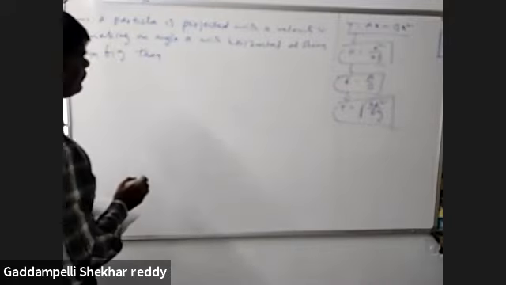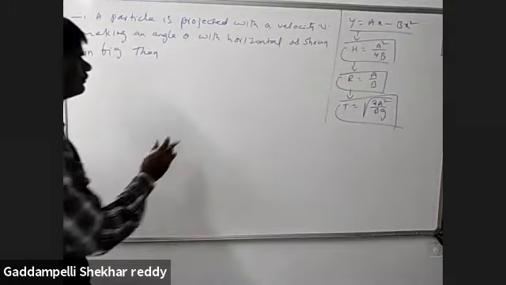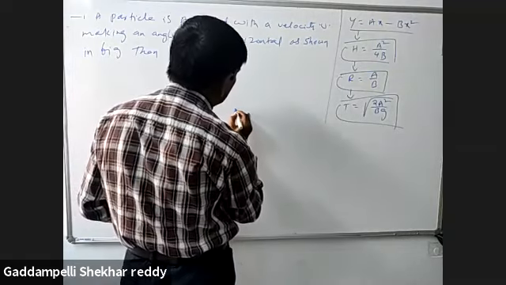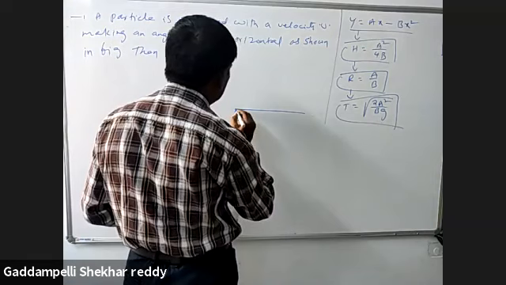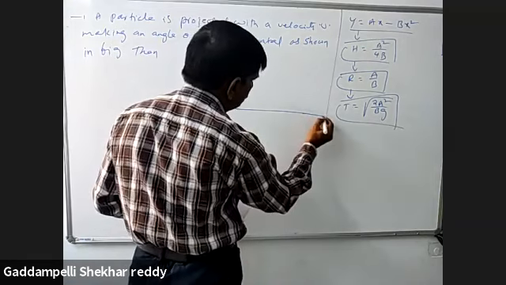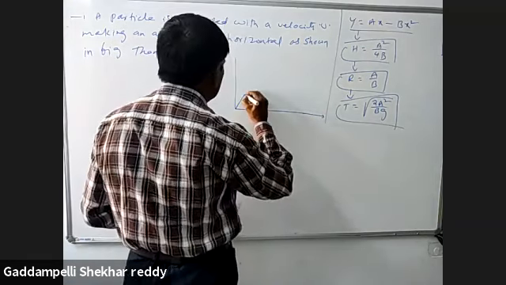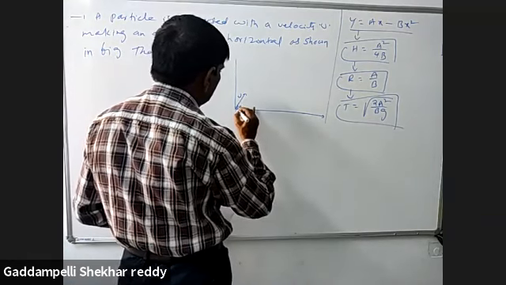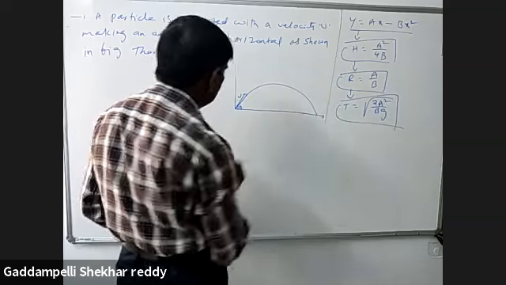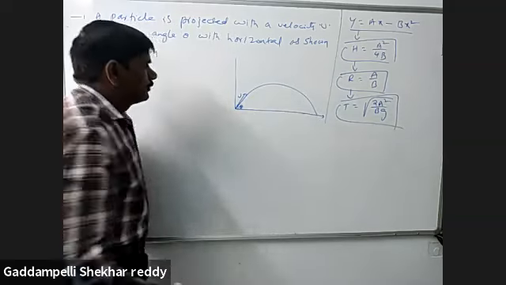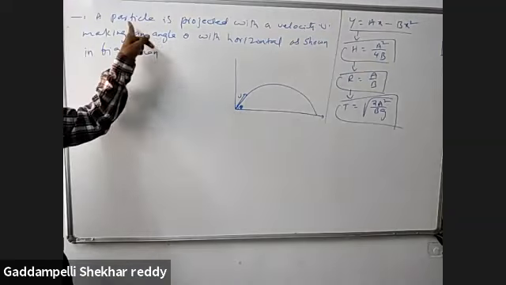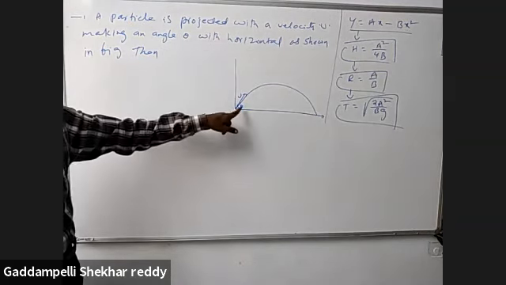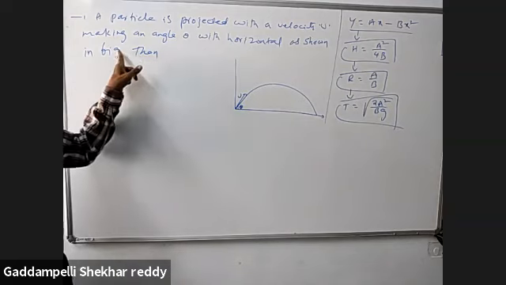Then, angle theta. So it is projected according to the given condition. A particle is projected with a velocity u, making an angle theta with horizontal as shown in figure. Then